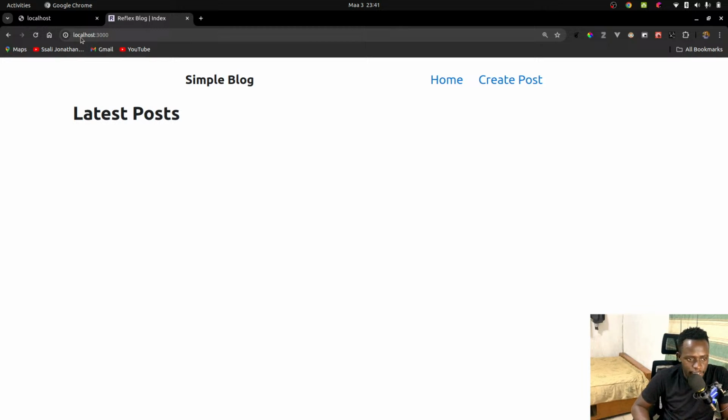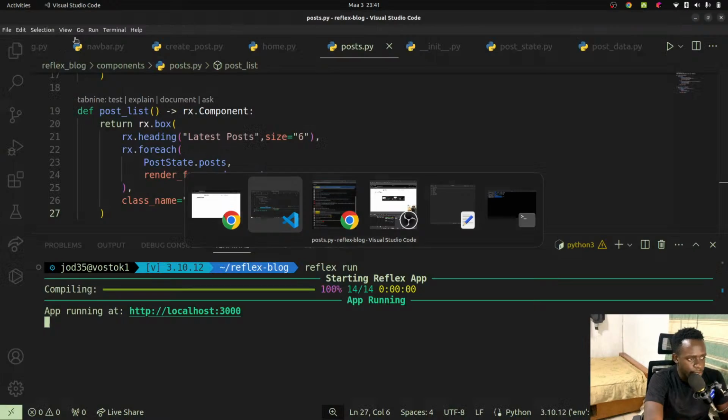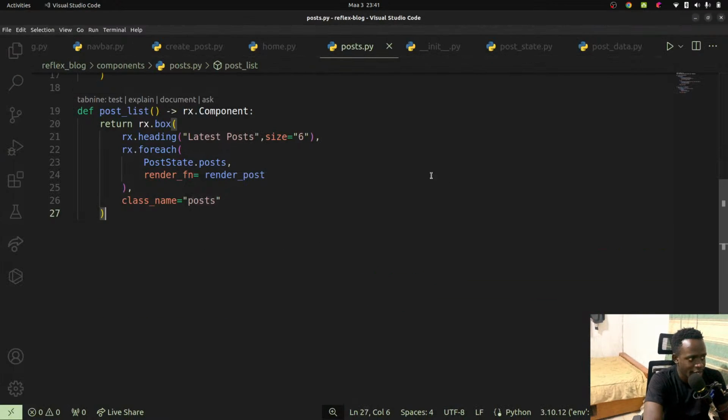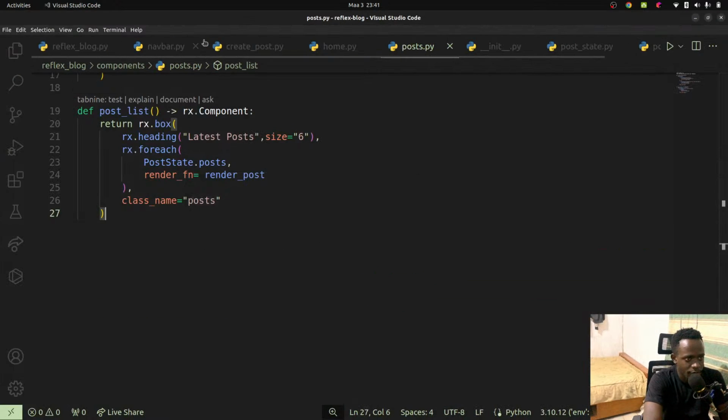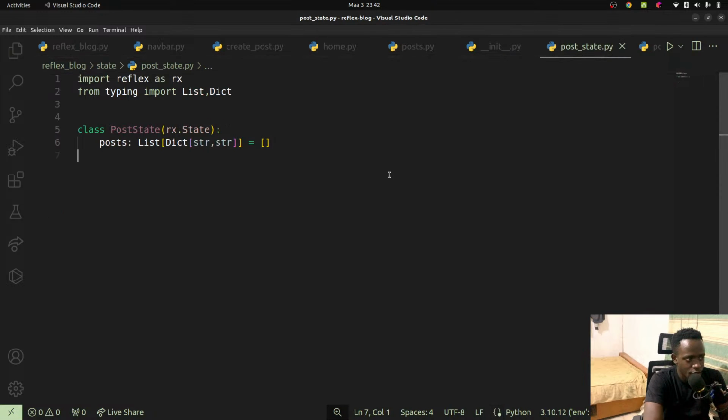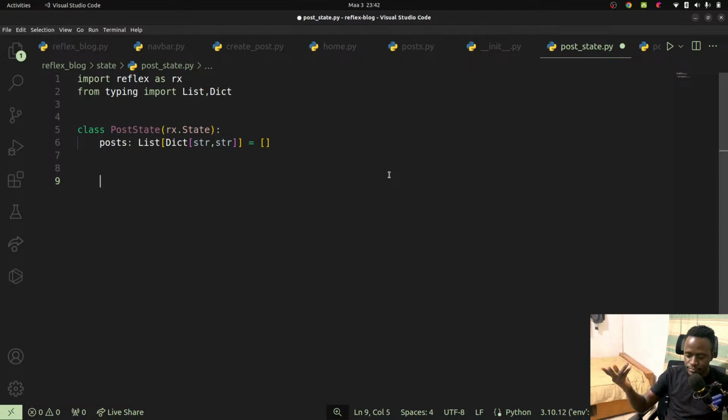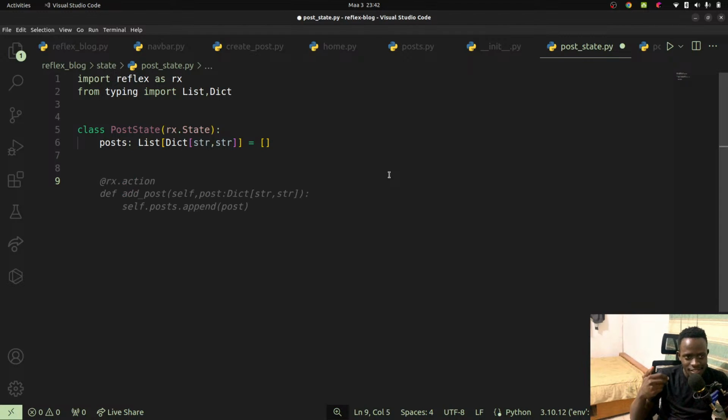Now for Reflex, it provides for us an interesting way of running some logic when the page is being loaded. And let's look at how we do that. So in our state, we're going to go ahead and create a function or a method, but that method is going to be one to allow us to load our posts. Now, these are going to be coming from the API,